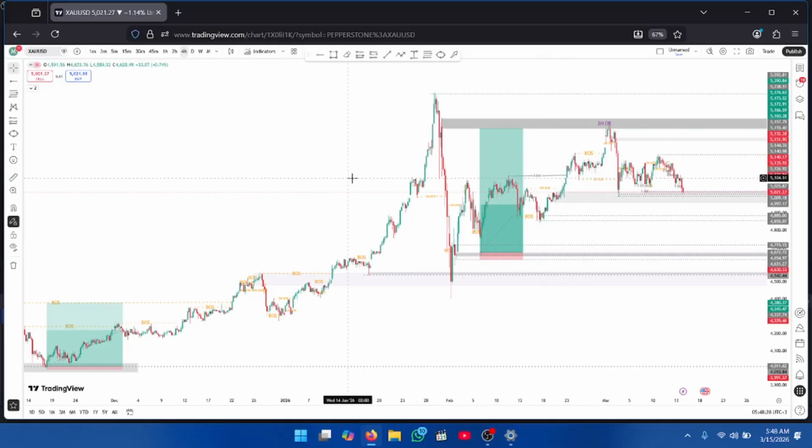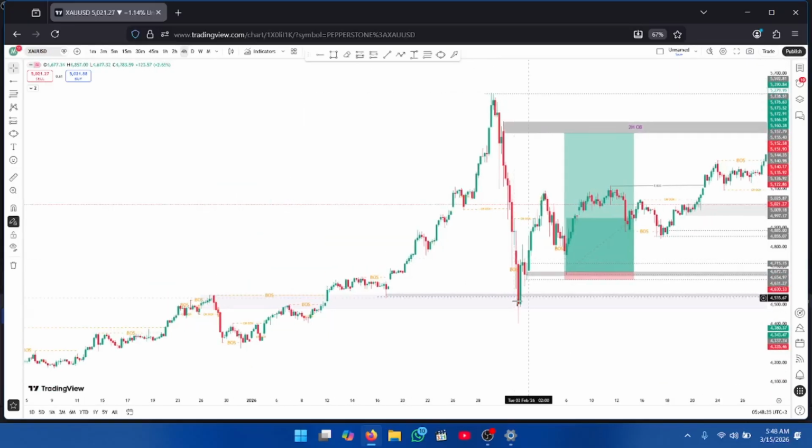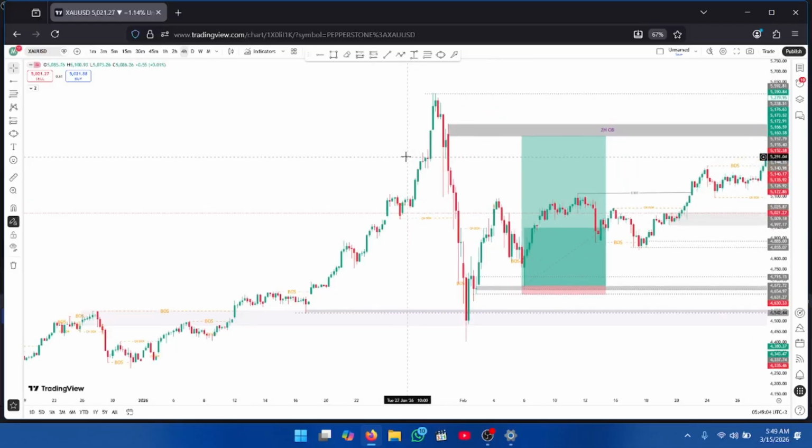But don't forget, before the market tapped our zone here, what we had, before it even got to this level, was this change of character here. And what does that mean? This simply means that this buy is not guaranteed to take out our all-time high. After this change of character, we might find resistance